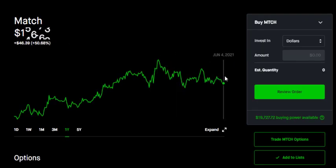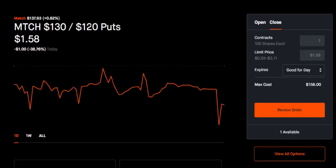Also, looking at Match Group, you can see we're pretty well off of our highs, currently sitting down at 137 with a high here in February of 172. Certainly 172 seems pretty ridiculous, but there has been support levels here at 131 and back again here at 131. So it makes sense why I sold the 130 to 120 puts, as I expect to see that support level